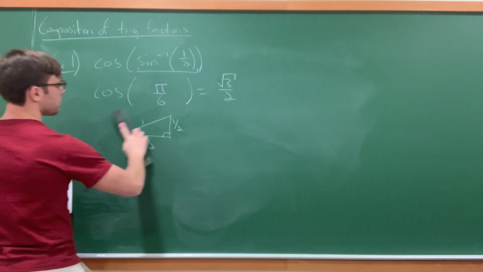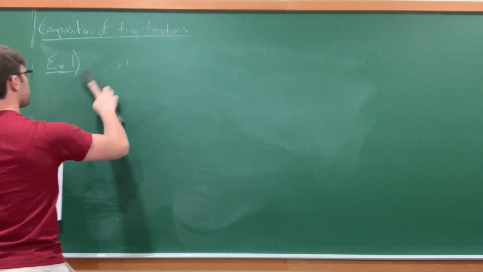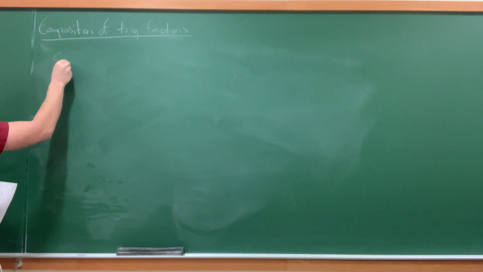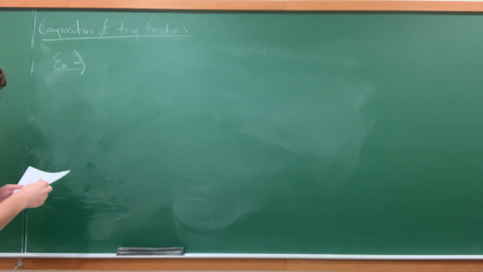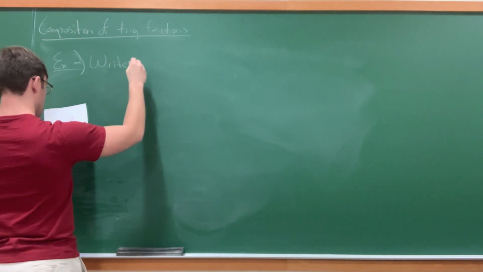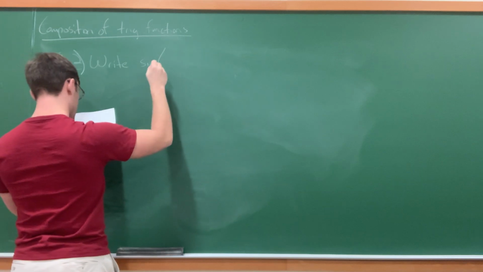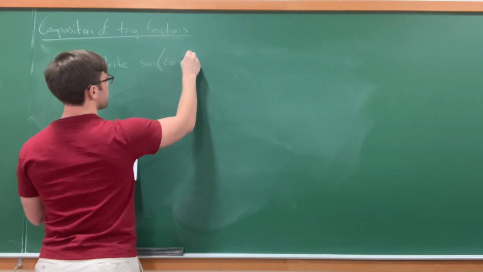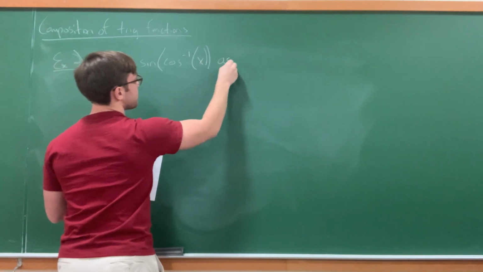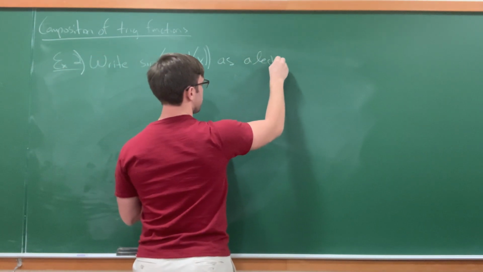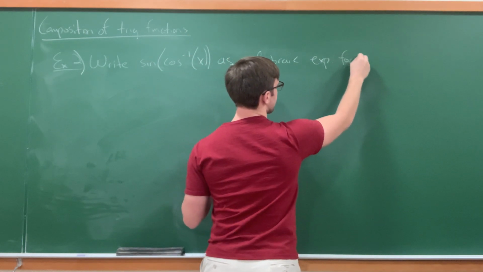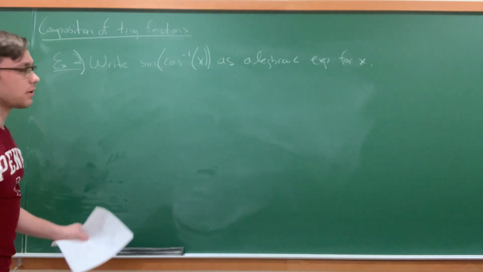Now, we'll do a separate one. This will be composition of trig functions where you're actually asked to write everything in terms of x. Okay. So let's say we want to write sine of cosine inverse of just x as an algebraic expression for x. So what's happening here? Well, if we were to draw this,